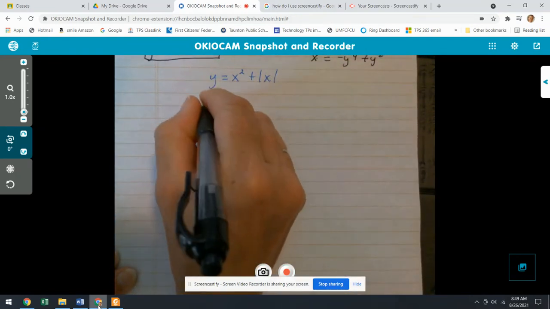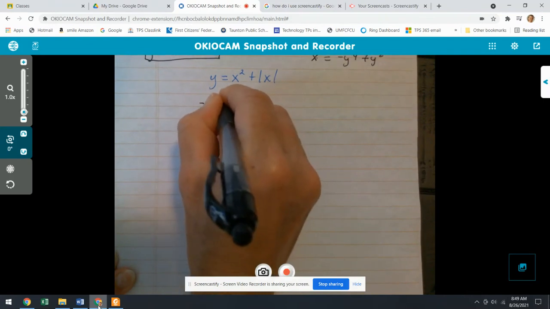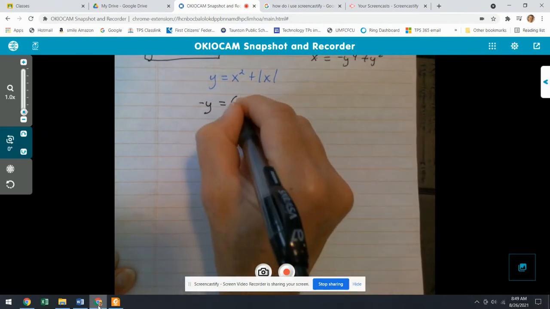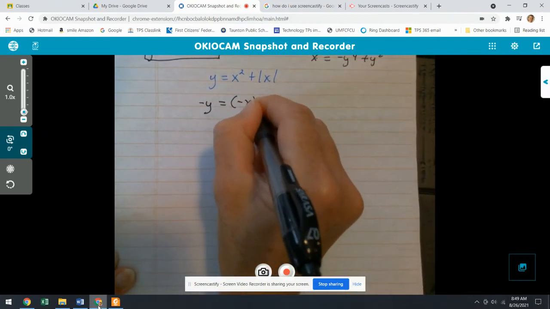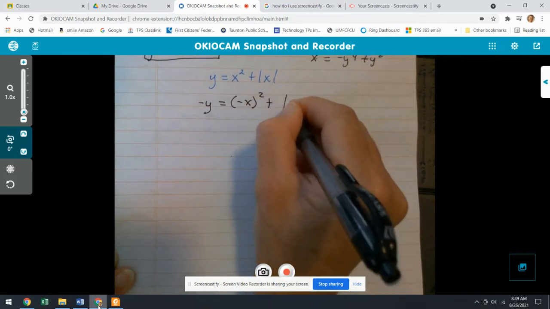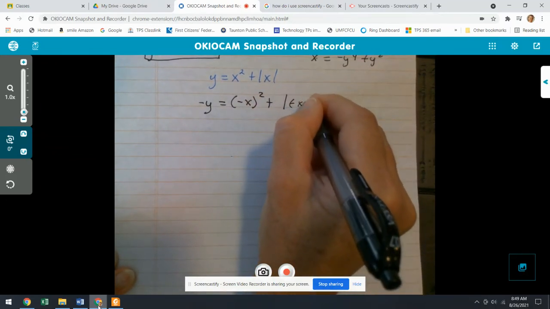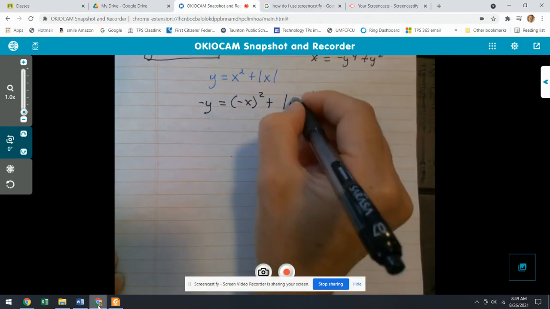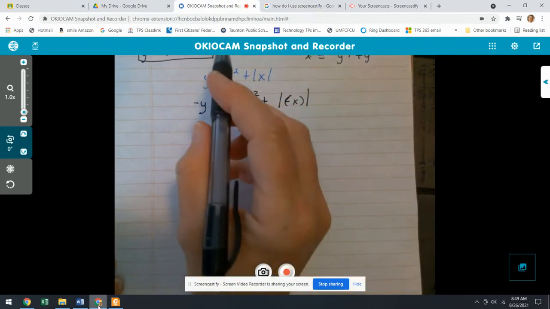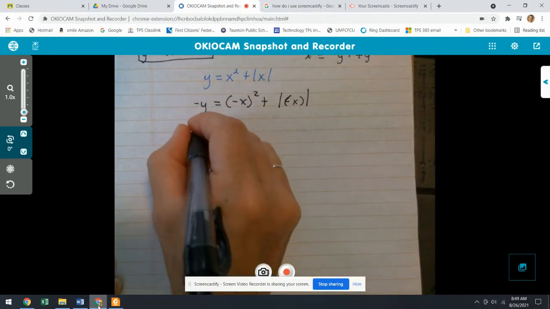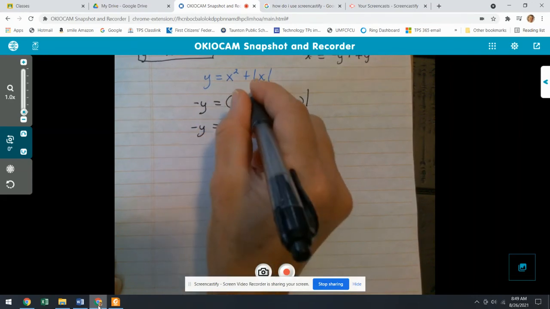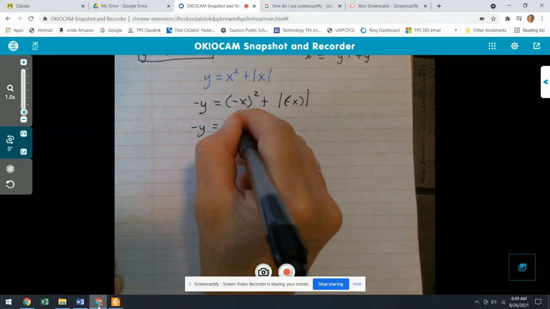I am taking the y and putting in the opposite of y, copying the equal sign, taking out the x, putting in the opposite of x, and the same thing in the absolute value symbol. And now we want to clean up. There's nothing to change on this yet. Negative x times negative x becomes positive x squared,